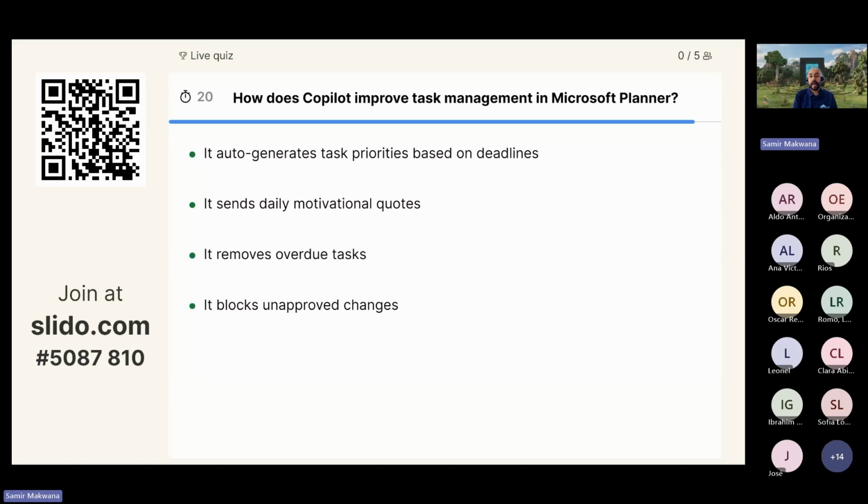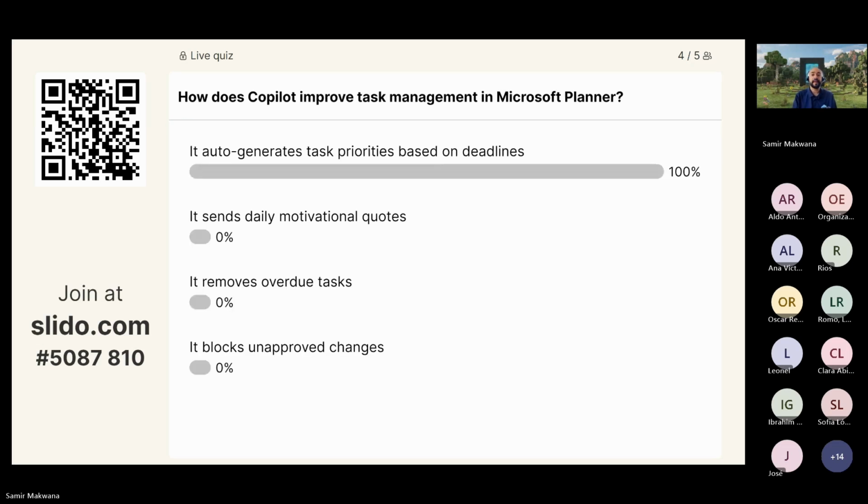The next question, how does Copilot improve task management in Microsoft Planner? It auto-generates task priority based on deadlines. It sends motivational quotes. It removes overdue tasks, or it blocks unapproved changes. Exactly.